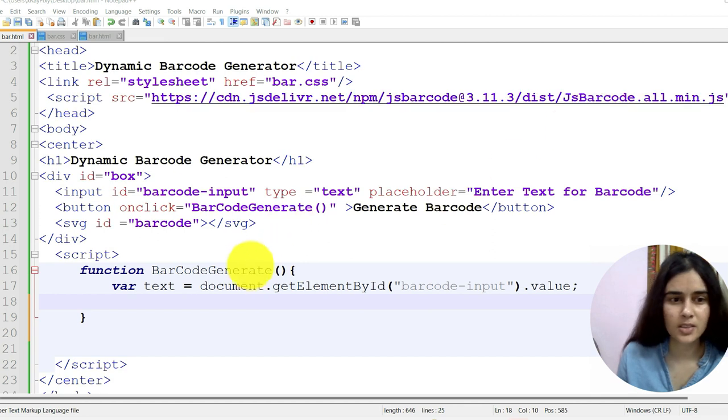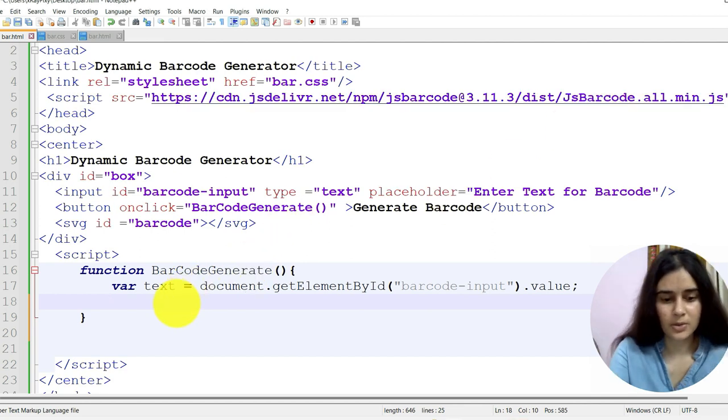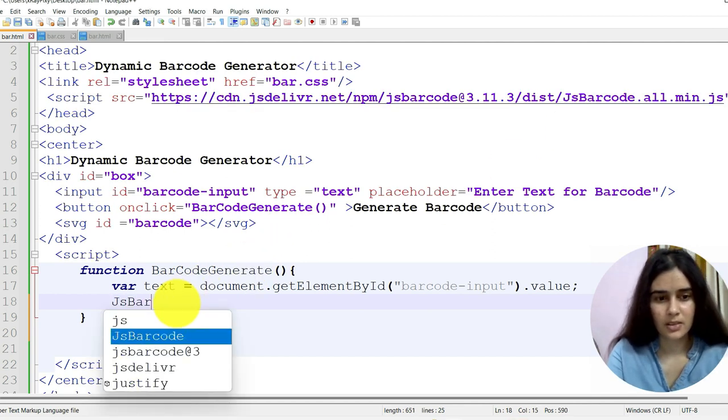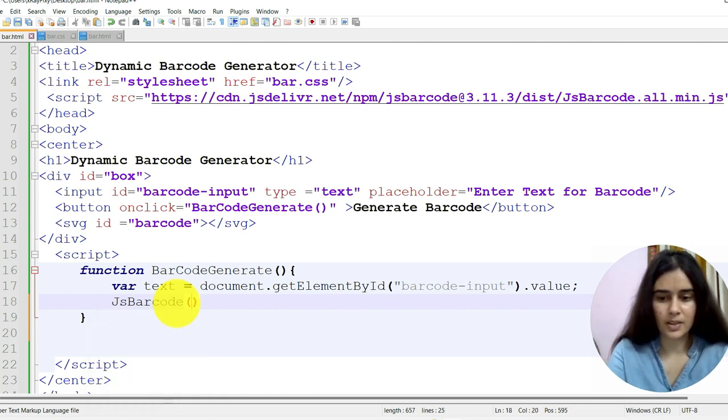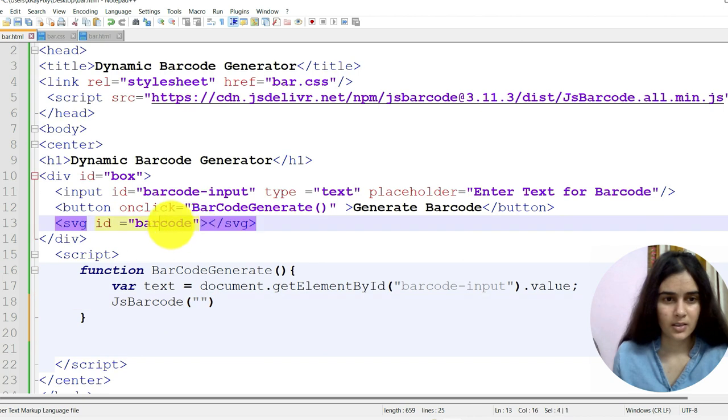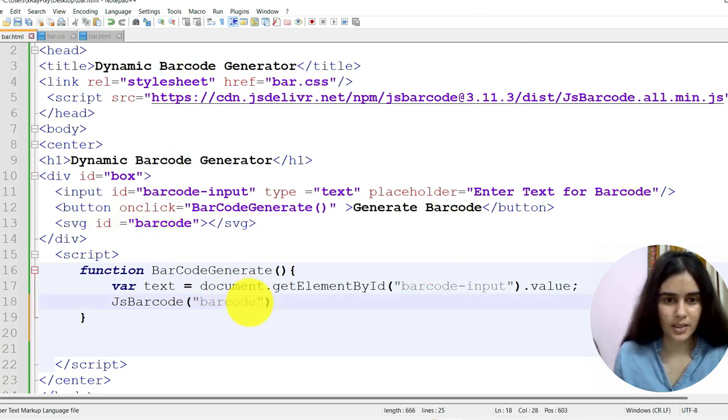Now we will call this. Now we will generate the barcode using JS barcode this library, and here we have this barcode ID and text, the variable that we created here.